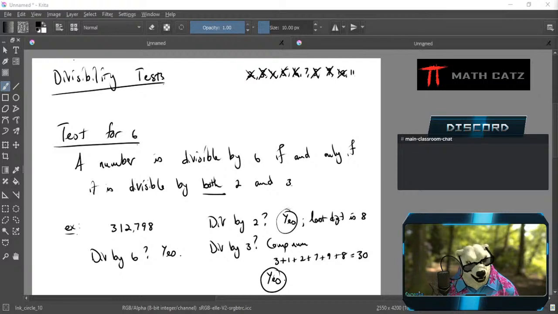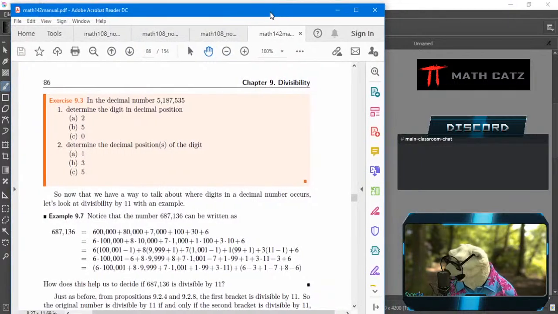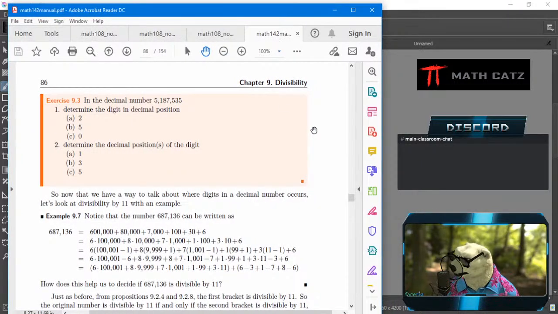I have to find an example because the phrasing of the test for 11 is going to be a little unpleasant. It's just going to be a little messy. In order for me to help phrasing the test, the words that I'm going to write out, I'm going to need exercise 9.3. It's not hard. It's just to clarify what we're going to mean